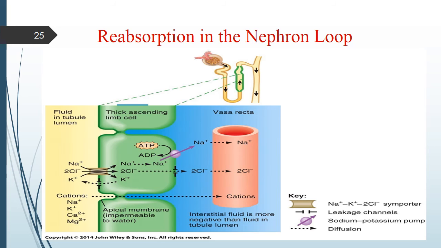Many potassium leakage channels are present in the apical membrane, which may cause the backward movement of potassium, and this may cause more positive charges in the lumen and relatively negative charges in the blood and interstitial fluid. These relative charges may promote the reabsorption of sodium, potassium, calcium and magnesium. About 15% of the filtered water is reabsorbed in the descending limb, and little or no water is reabsorbed in the ascending limb. So this is the mechanism of reabsorption in the loop of Henle.